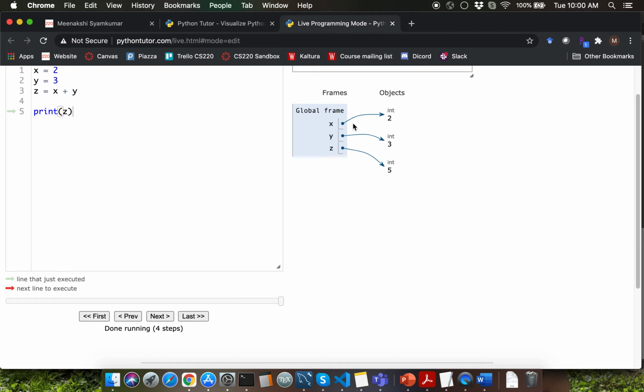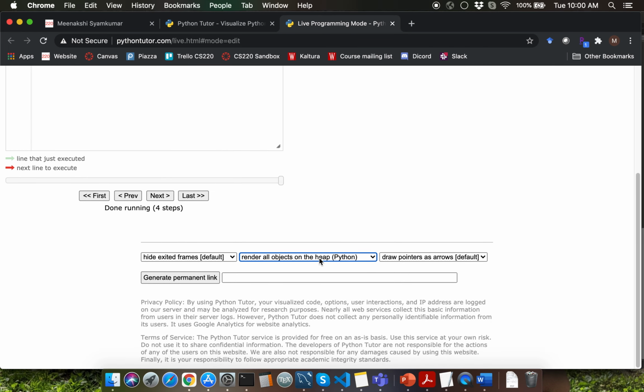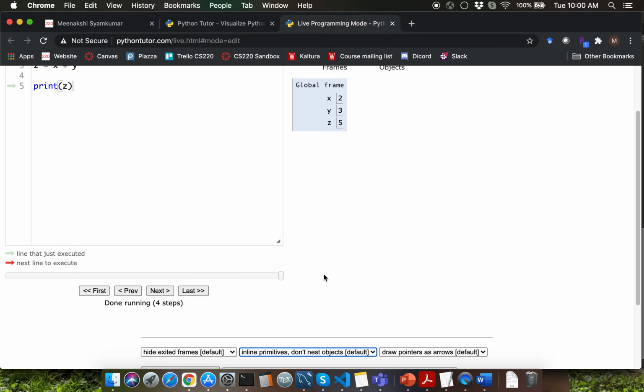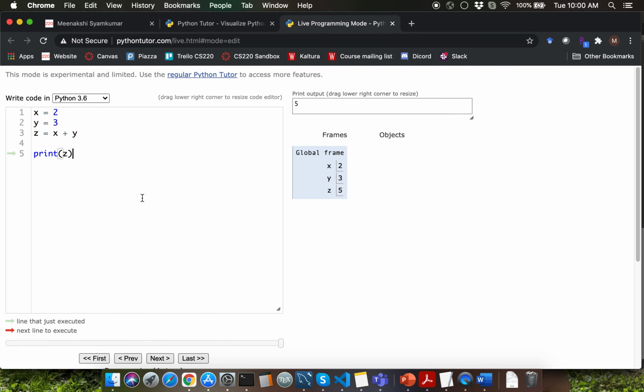You'll see arrows instead of direct values in the variable boxes. Even though the Downey book follows this visualization, I'll be sticking with the default view in Python Tutor. Eventually, we are going to talk about what is the difference between these two views and what is meant by heap. For now, you just need to know that you can switch the visualization view here.